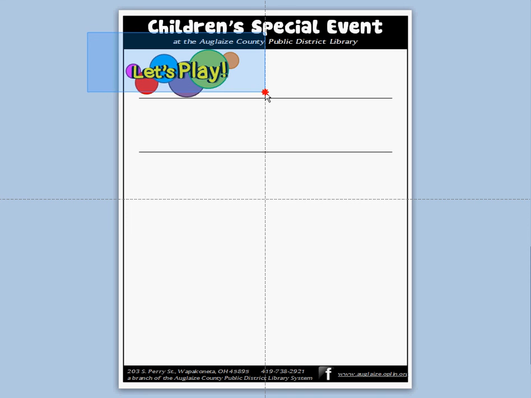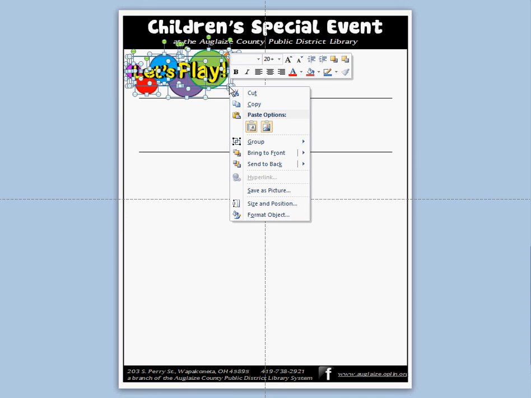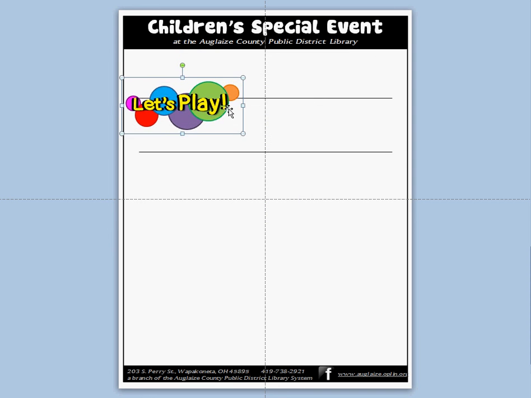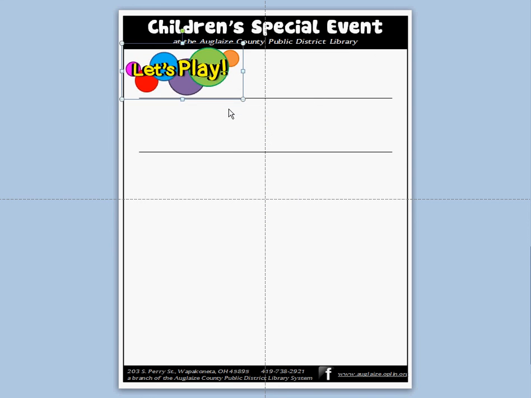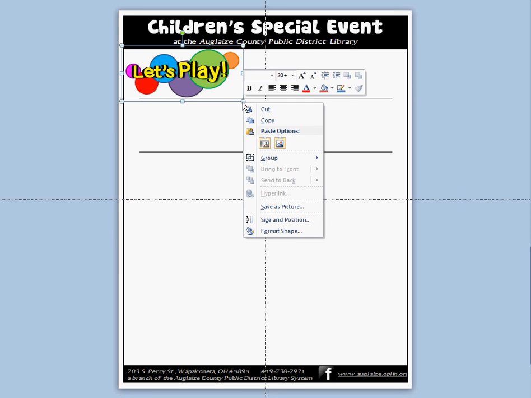And now again, to preserve it in its shape, I'll select it all, get on one of the circles in the corners, right click, hit group, group. Now again, it's one image. And you can actually save it as an image file as well. If I wanted to use this logo in other places, like a letter or some other graphic, I could right click on it, click Save as Picture,